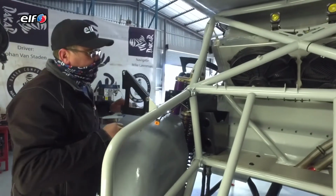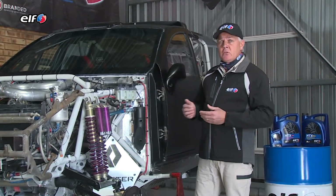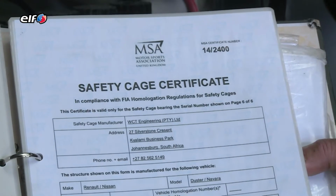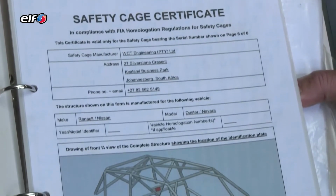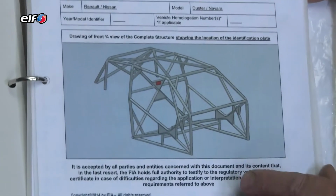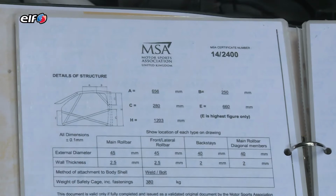So the essential part of the upgrade was obviously to get it done and certified. As you know, the FIA rules don't allow us just to build and weld it together here in the workshops. We have to get it homologated. A little bit later on we'll show you the homologation certificate, and it's actually imprinted onto the frame inside the car, part of the regulations. So that process took us quite a few weeks to get the frame redone, the upgrades done on the welding of the new nose in front,